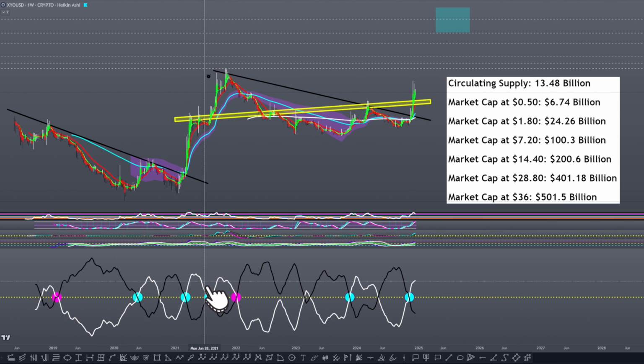So that was third, then there's a fourth, and then there's a fifth cross here that you can't see. I'd have to zoom into it very, very closely, but July of 2021, you would have bought this somewhere towards the end of this consolidation here, leading into this last impulse or leg of the XYO bull market as it went from around half a penny all the way up to approximately 8 cents.